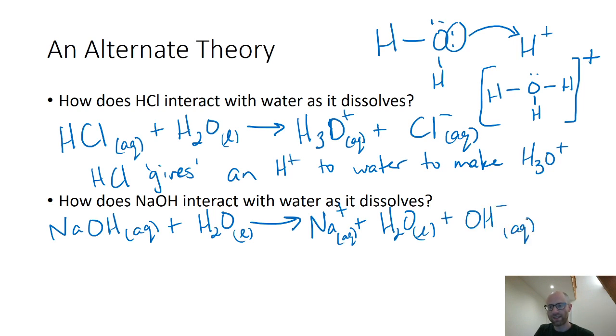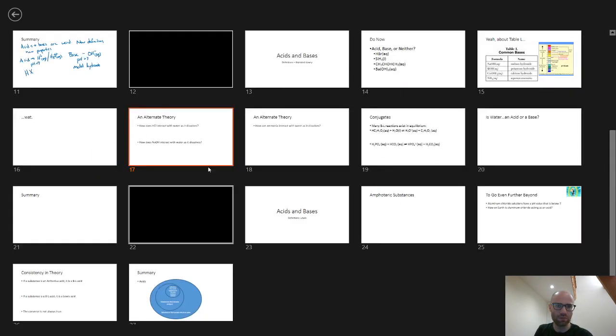So if we're going to think about this in a similar way, HCl gives an H plus. Well, the sodium hydroxide is a base, so it's not going to do what the acid does, and it's not going to give an O, and it's not going to give an H, because, like I said, it's not an acid. If anything, what I'm kind of saying is that this hydroxide becomes this water, but keep in mind that when you have a chemical reaction and you have the same substance shown on